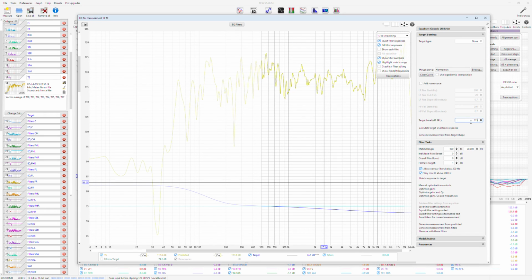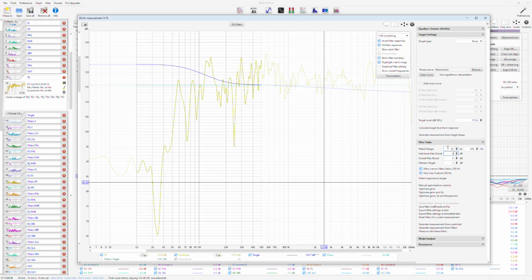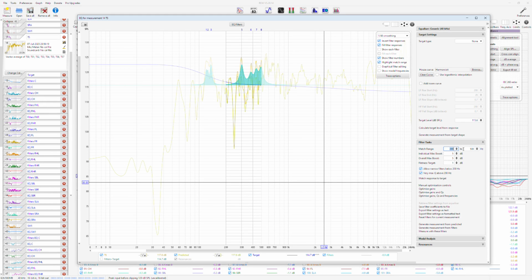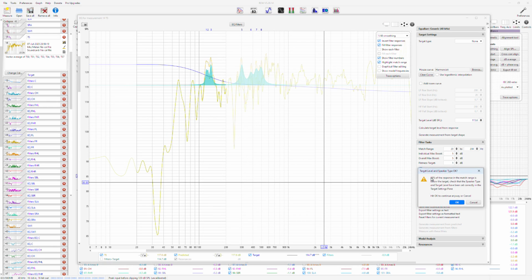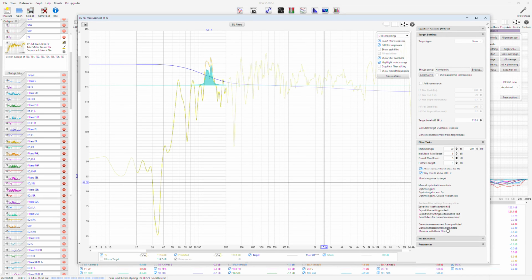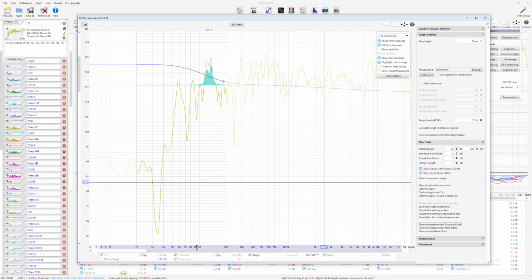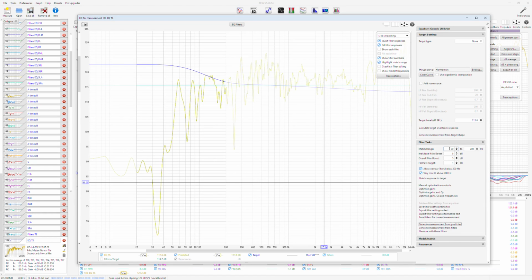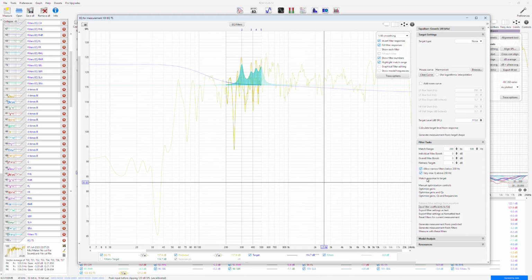go to 115.6. So this is gonna be a wrap up of the full correction process. 551. TS EQ, it should start from 20 to 200. 551 this target, and then match response to target. Okay, generate measurement from filters and predicted. So this is the predicted, only corrected until 200 Hertz. Then you go to the after correction response and make it from 200 to 500 this time, but with no boost. And match response to target.